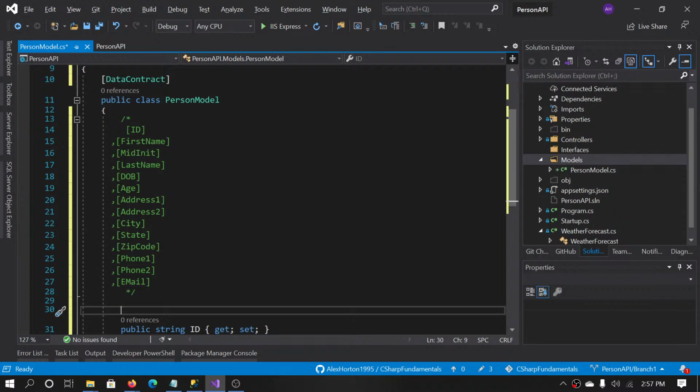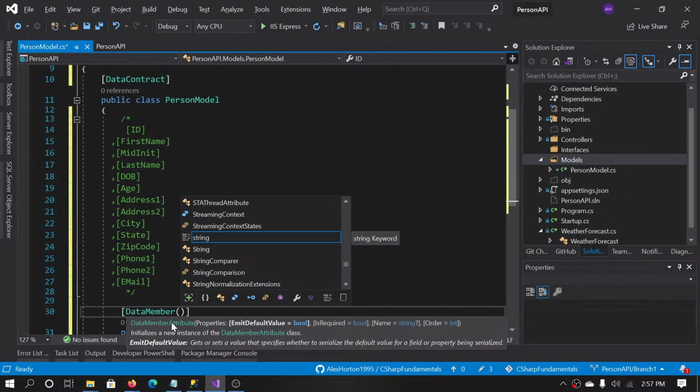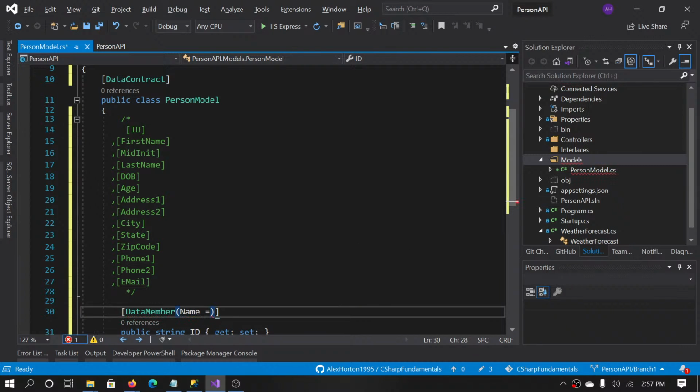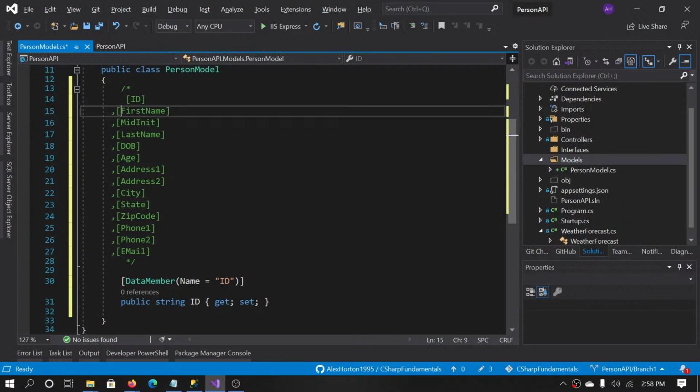Under the data contract right here, which is the model, we're going to create data members for each of these fields. Data member, and we're going to put name equals ID. And this is case sensitive. So if these were all lowercase, because JSON will camel case everything, I think that's right, where all of these will be lowercase,